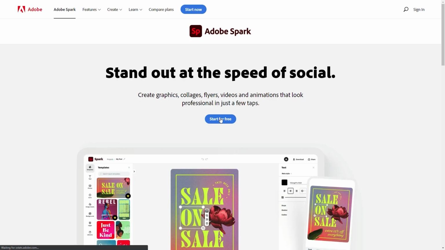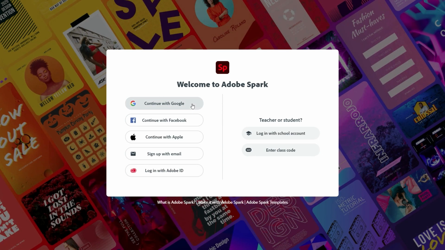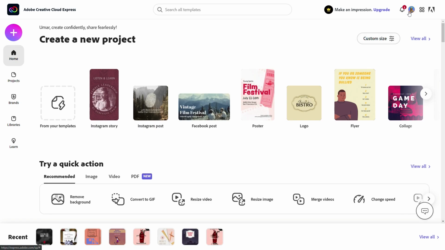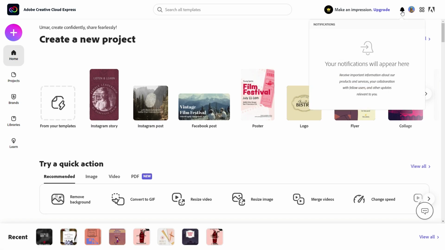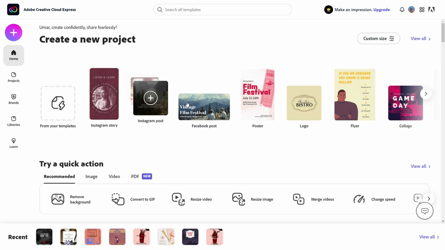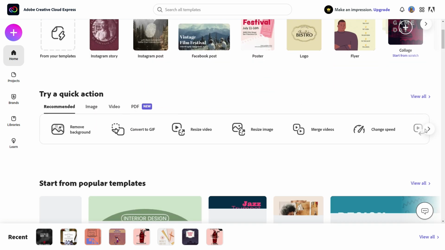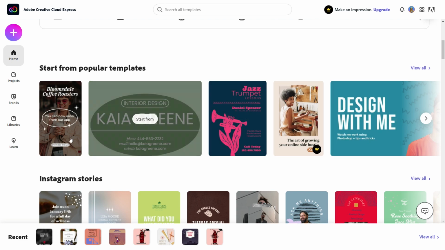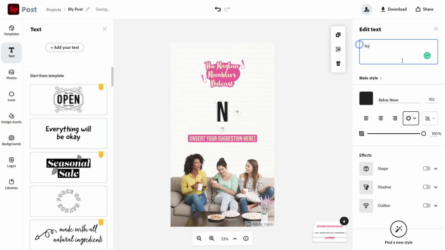Just visit Adobe Spark now and create your account by signing up using your email or Adobe ID. You can also use Google, Facebook, or Apple accounts. After you've logged into your newly created account, you will be redirected to a brand new page, and you'll be able to view all the different things on the page. You have an almost completely done graphic design available for you, and all you need to do is change the text and make it your unique design, which you can use on the website that I'll share with you later.